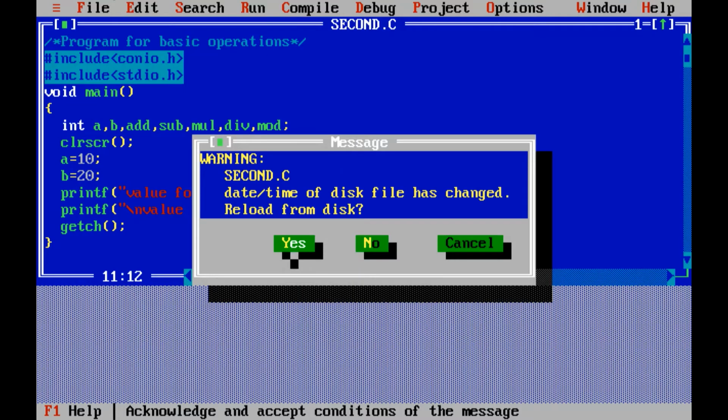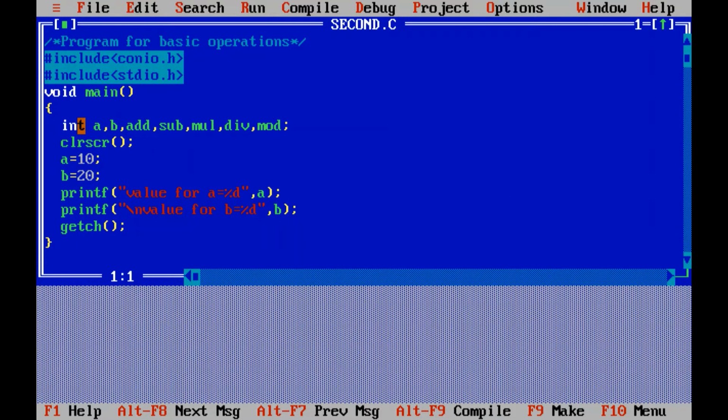Now the basic thing is done. We have declared the variables and initialized the values for a and b. Now here we have to calculate the addition, subtraction, multiplication, division and mod. After this line, before getch, always remember getch is what we use to hold the screen. Actually getch means getting the character. It's a function that waits till you enter a character. So at the end you always have to write getch. Now before that getch, I'm going to write the logic for addition.